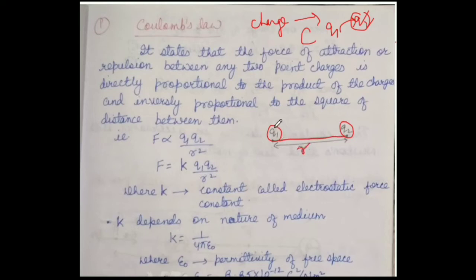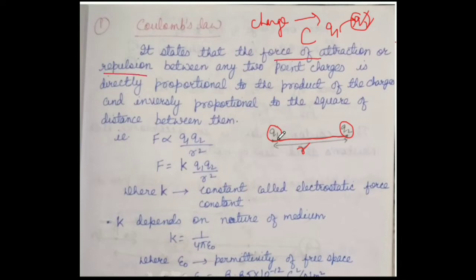So this charge exerts some force on this charge body, and this Q2 charge exerts some force on this charge Q1, right? And what is the value of that force? So according to Coulomb's law, it states that the force of attraction or repulsion